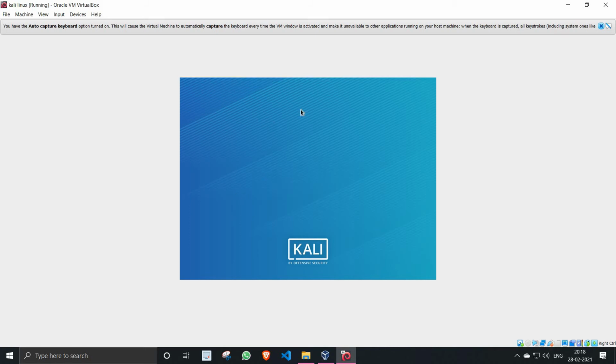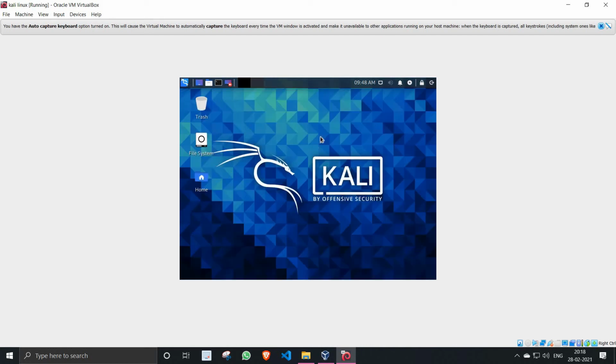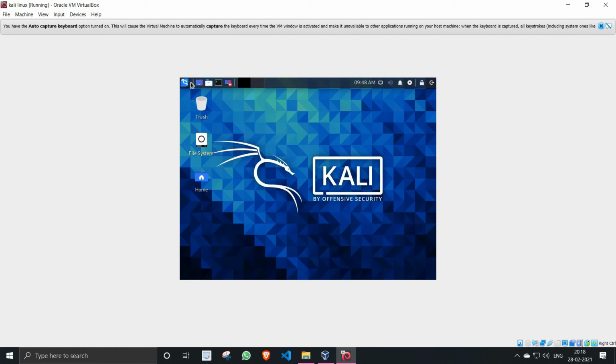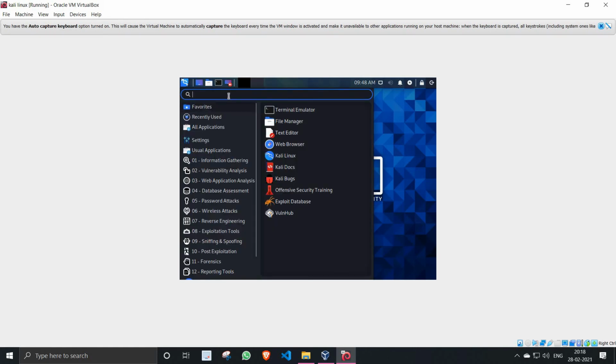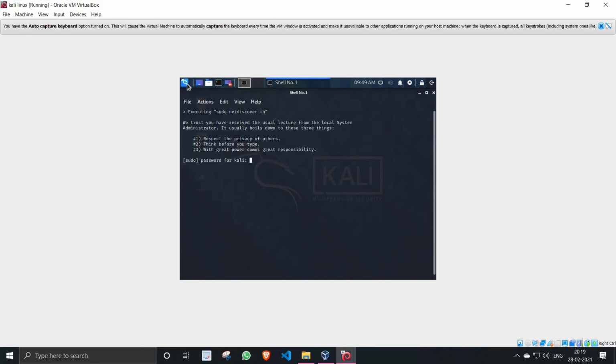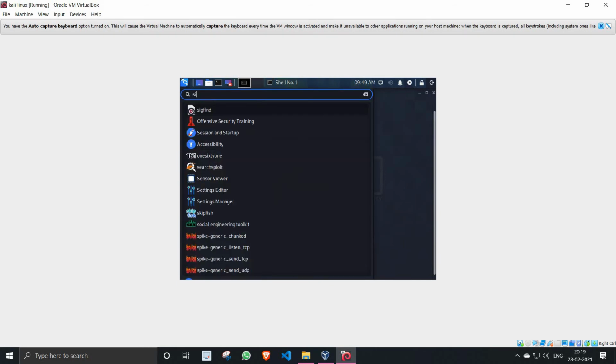It's booting up. It has booted. Congo, bro. Yes, we did it. It's looking super cool. I have to adjust the size of the display.